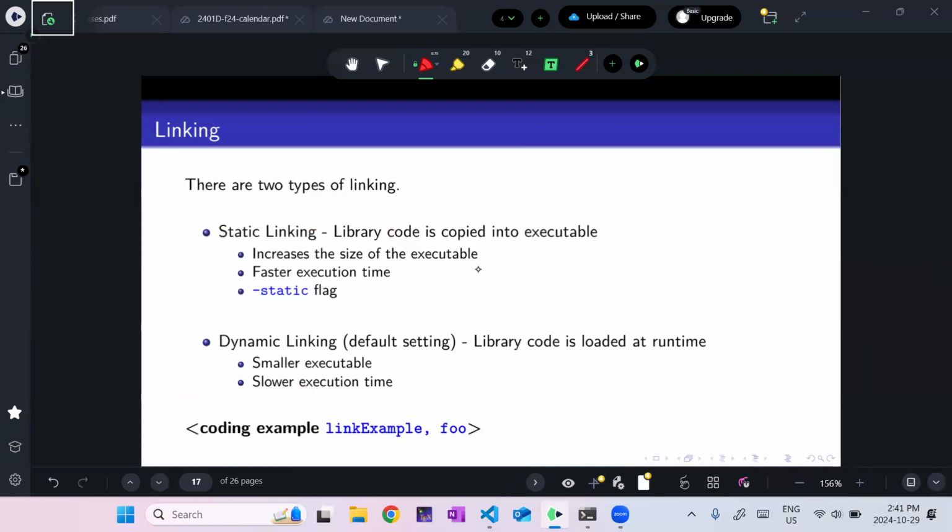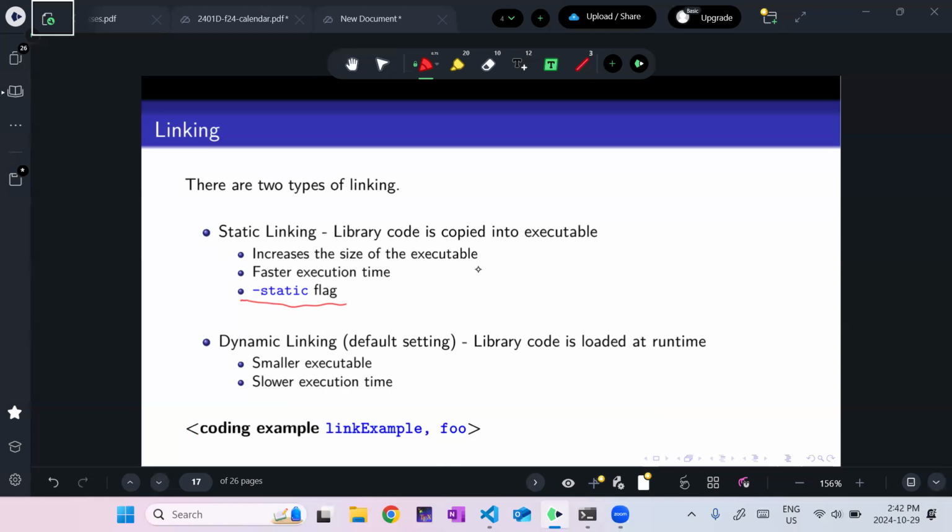All right, so there's two types of linking, static linking and dynamic linking. We're not going to talk a lot about them. I hardly ever come across static linking. I'm not saying it doesn't exist. Of course, it's out there, but it's very rare. Mostly you see dynamic linking, which means that when I need a library and my program's running, it goes into your operating system and looks for that library and then loads that code at runtime.